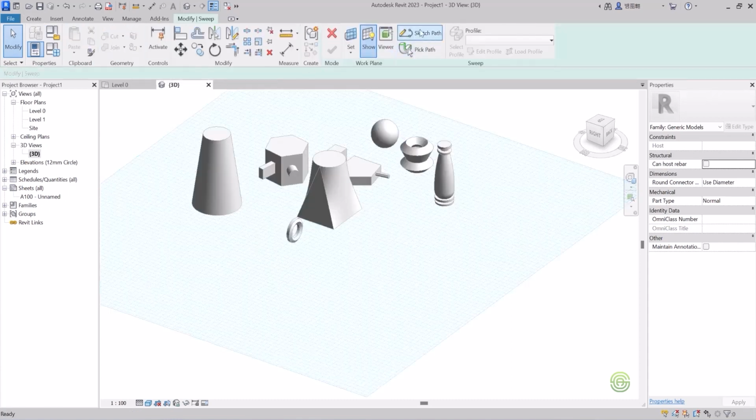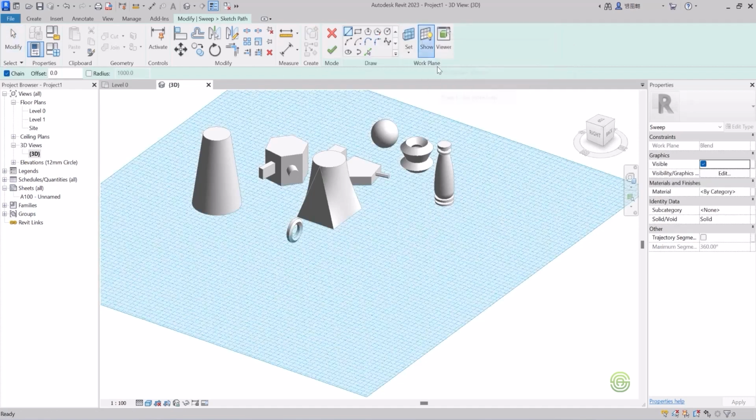In sweep, we have two options, sketch a path and pick a path. Sketch a path is like you have to create a new path, and pick a path is like, in a shape which we have already created, we can pick a path and just apply the sweep. So now let's click on sketch a path. Once you click on sketch a path, you will have a line tool or any tool that you can use. First I will select the arc tool, and then I will just draw an arc